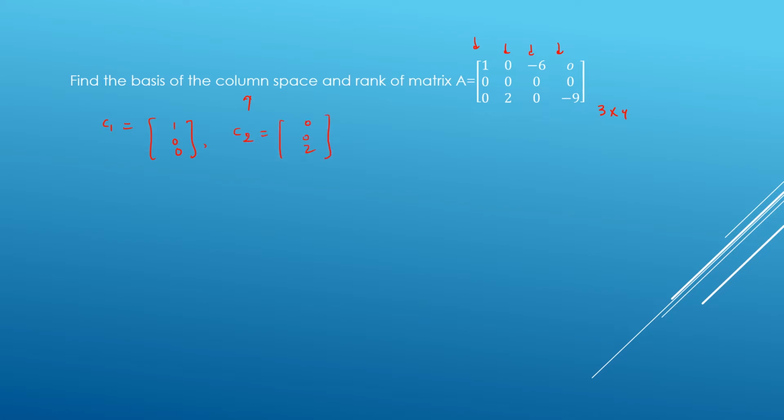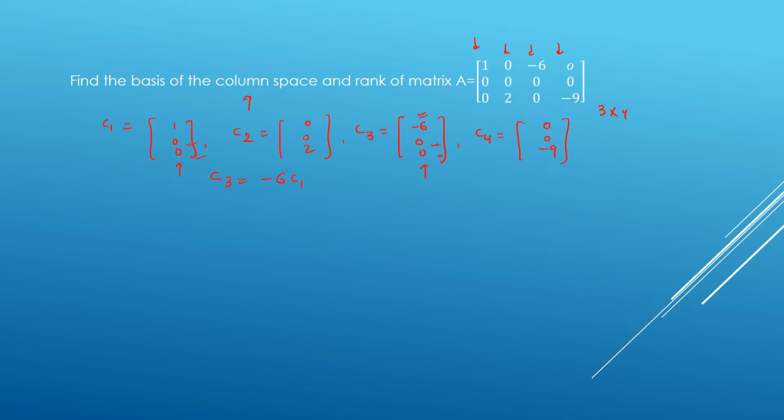There is basically another method also which you can follow in order to find out these values. So this is how you do it. Column vectors, 4 column vectors are here. Just find out whether there is any linear combination which you can make out of it. So if we try to see it, we can see that this is 1, and 1 times minus 6 is minus 6, 0 times minus 6 is 0. So we can establish a relationship here that C3 is minus 6 times C1.